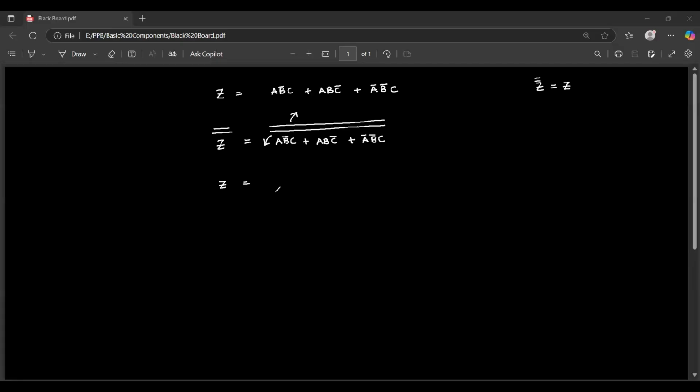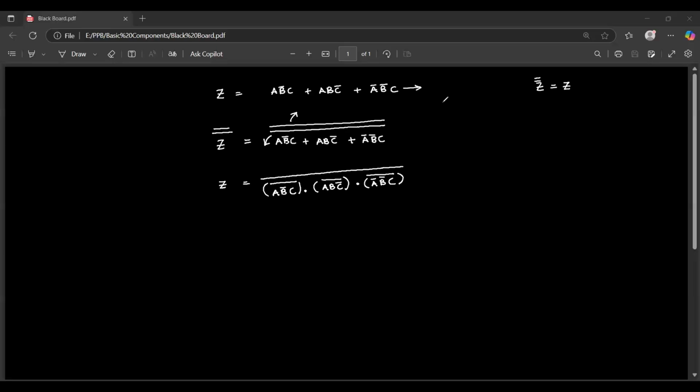So if I do that, I will get A B bar C, dot, whole thing bar, dot A B C bar, whole thing bar, dot A bar B bar C, whole thing bar, and this will be covered in another whole thing bar. That's it. So you can clearly see where I'm going with this. So what I have done is, if you consider this,